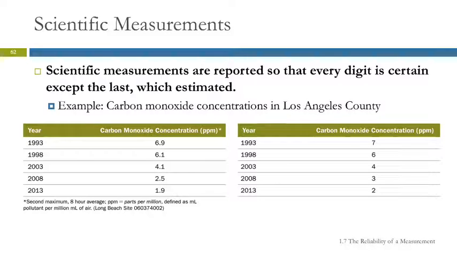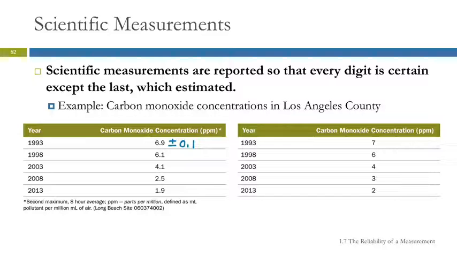Sometimes they'll actually specify, 6.9 plus or minus 0.2. Many times they don't, and then we're going to assume that there's an uncertainty of plus or minus 1 in the last digit. So for that first one, that's indicating 6.9 plus or minus 0.1 parts per million, because that first decimal place is the last digit. Over here, reporting 7